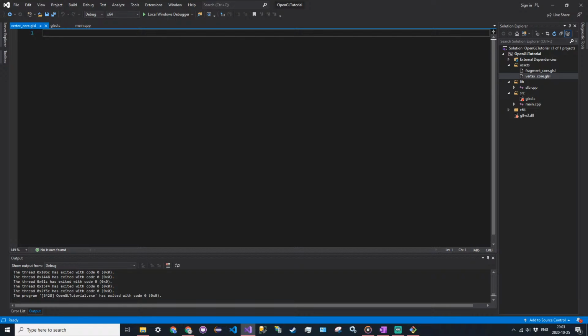So standard for all of your shaders, you have to have a macro stating what version it is. So what version of OpenGL? We're going to say version 330 core. That's just what we're using right now. Then we're going to say this: layout location is equal to 0